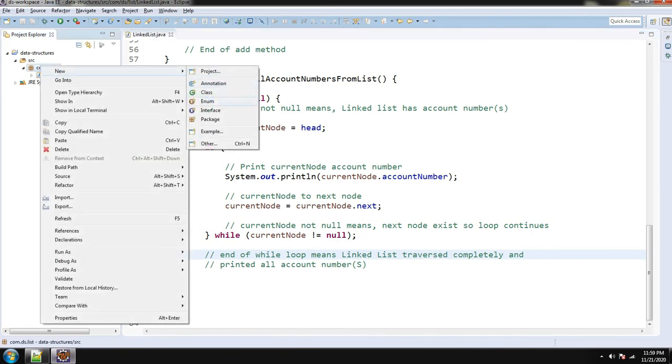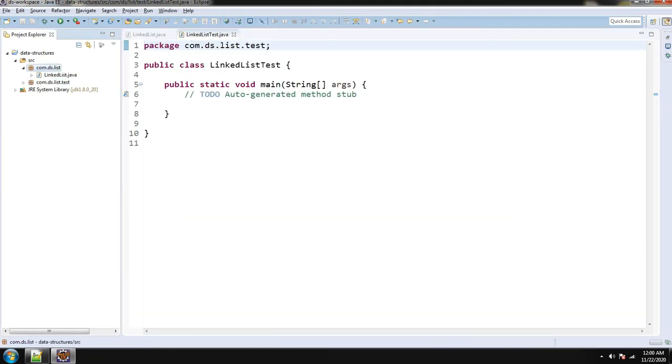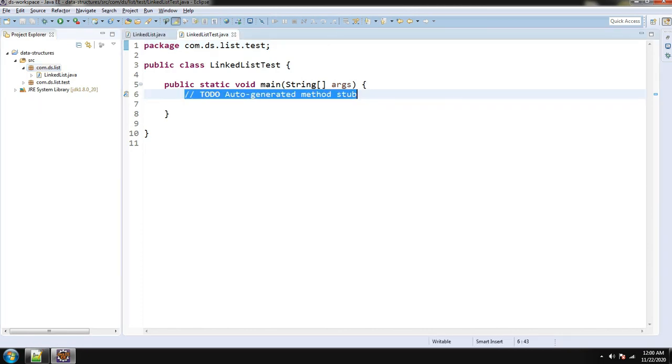Now we will test it by writing a test class. Linked list test. I will create one test package also, add dot test to the current package, and refresh it. So create the object of linked list here in the main class.